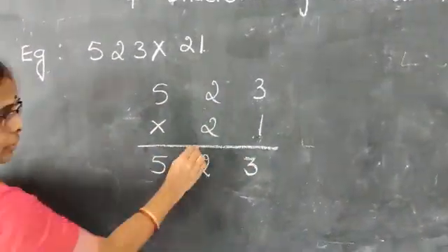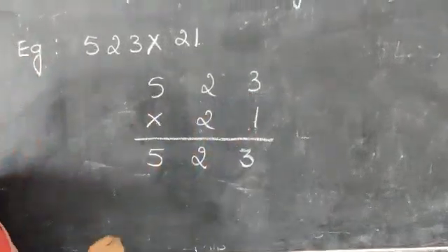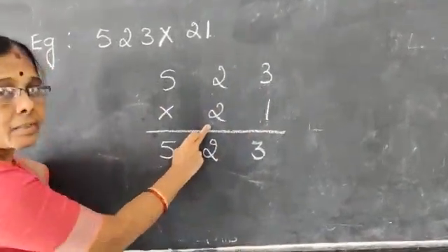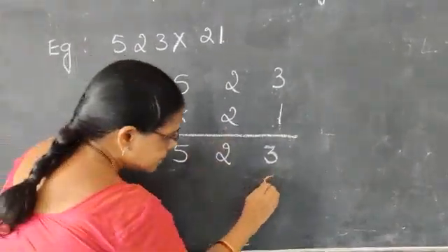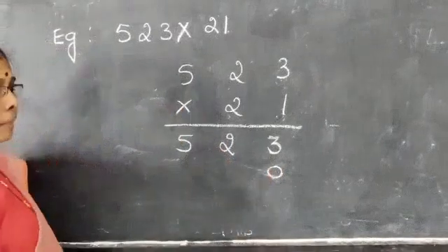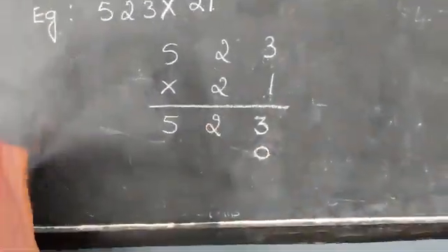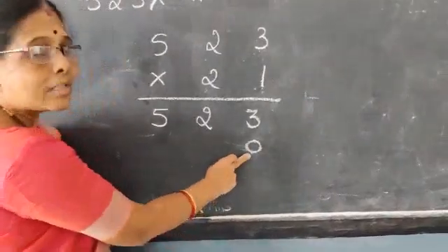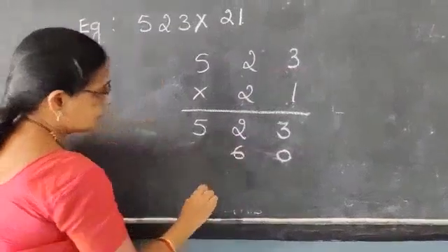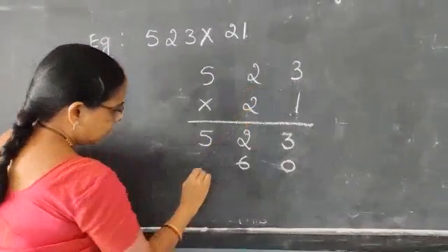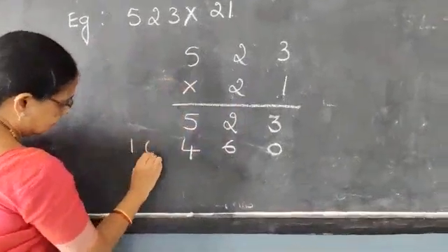Now we will multiply with 2. This number will multiply all these 3 numbers. So we are multiplying into tens place. Now, starting multiplying tens place, so we have to write here 0. Okay. 0 in ones place. Now 2 3s are 6, 2 2s are 4, 2 5s are 10.